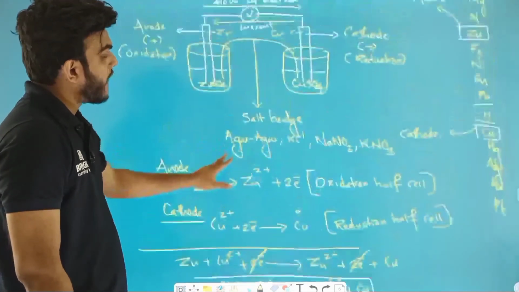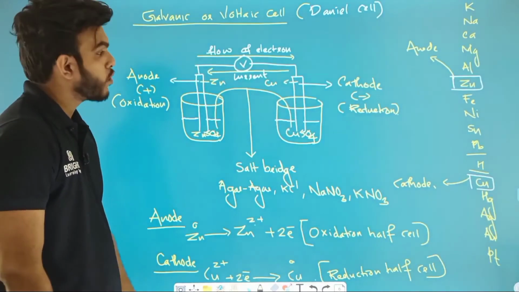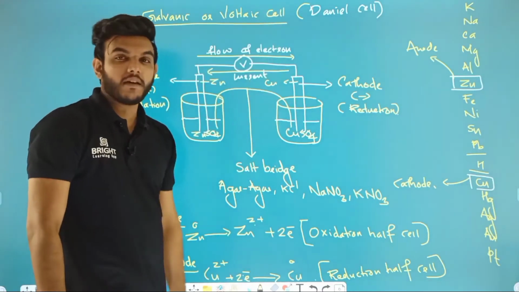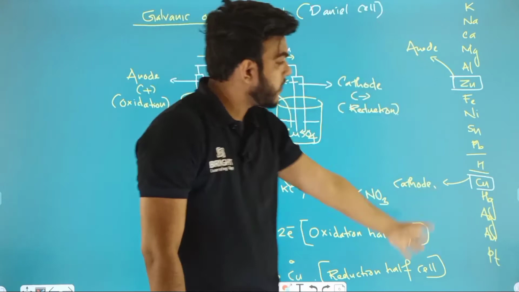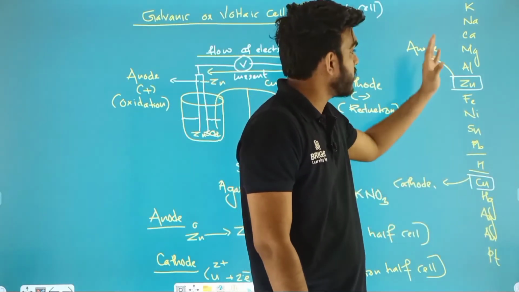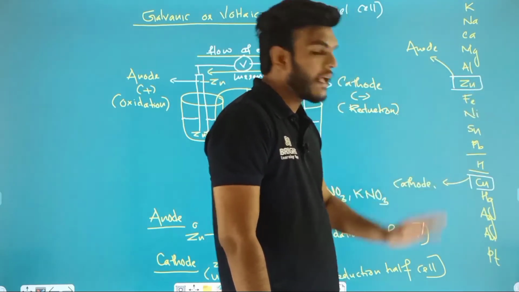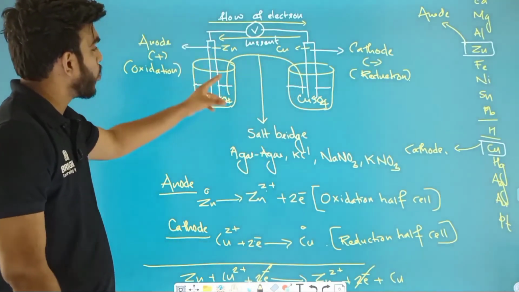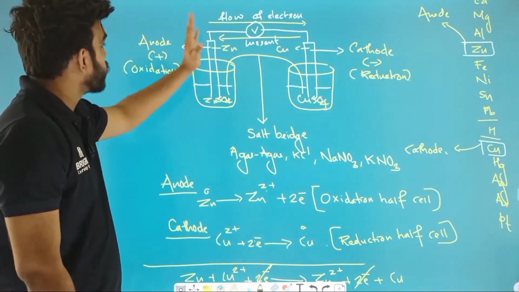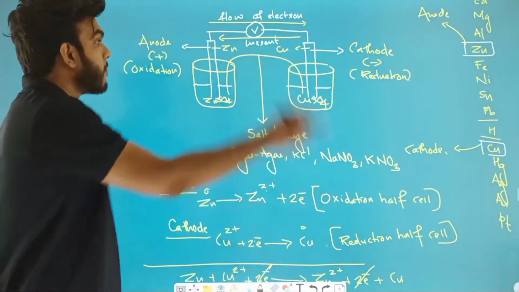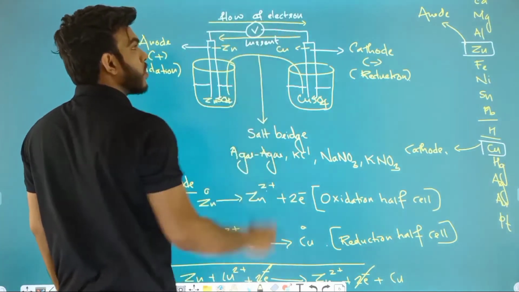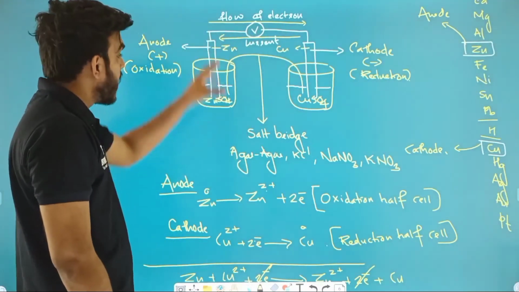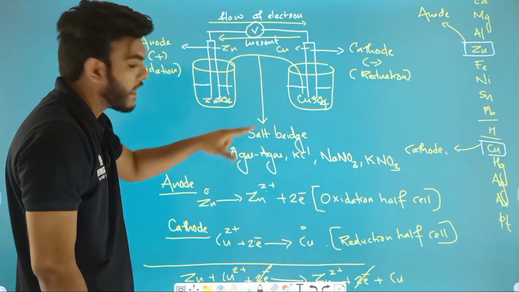So to draw a galvanic cell or a Daniell cell, you have to know this much concept. The galvanic cell is also known as the voltaic cell or Daniell cell. You have to know the reactivity series, from which you decide whether you are considering an anode or a cathode. In this reaction, you have to draw the figure, that is a beaker with a rod and another beaker with a rod. First you have to draw the anode, then the cathode. From anode to cathode, the flow of electrons will take place, and from cathode to anode, the flow of current will take place, and these two solutions are connected by a salt bridge.